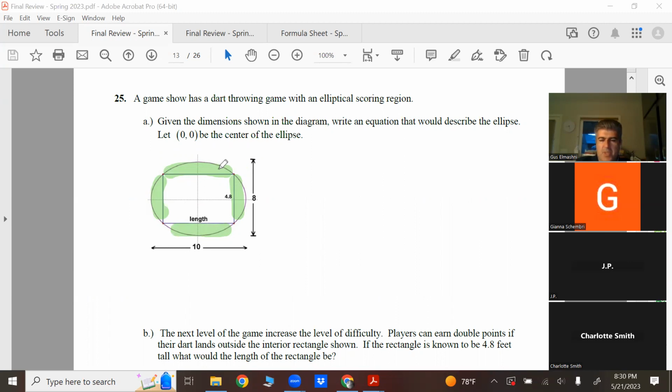The whole double points is totally, I think, irrelevant, to be honest with you. I think really what you just want to find is the length of the rectangle. So the 4.8 is a little tricky, but I'm guessing they're saying this is 4.8 and that's 4.8. So if you have a rectangle, I believe they're saying this is 9.6 and they want this. I think that's what the question is asking. Actually, I'll call it Y since it's vertical. So in order to find that,